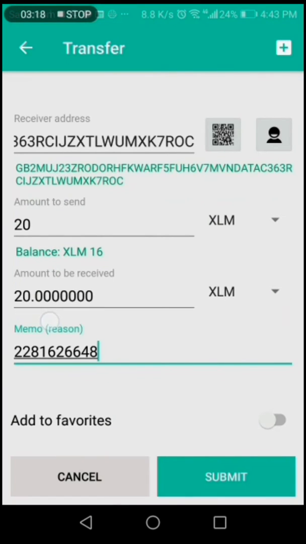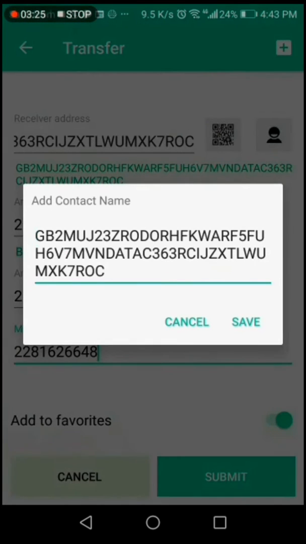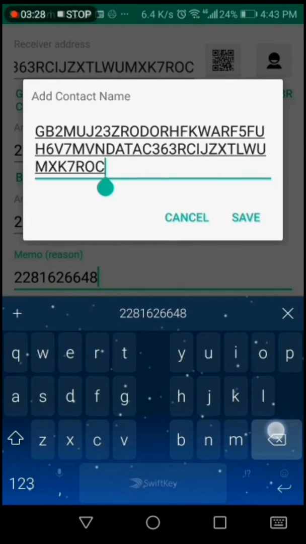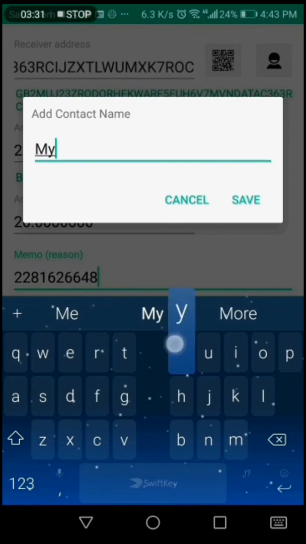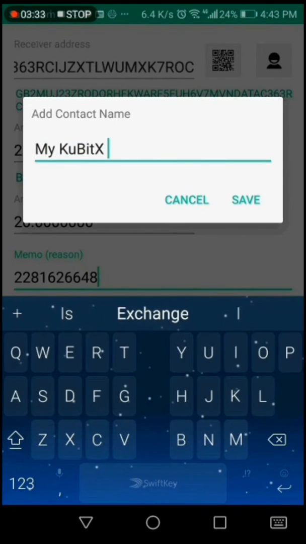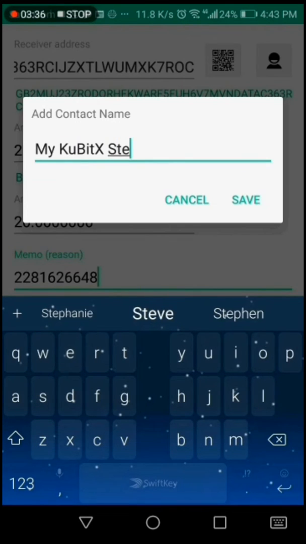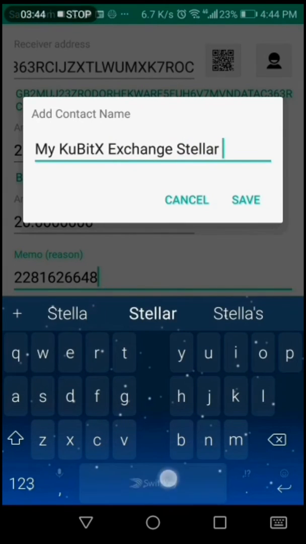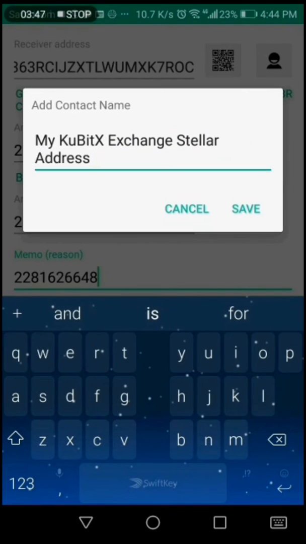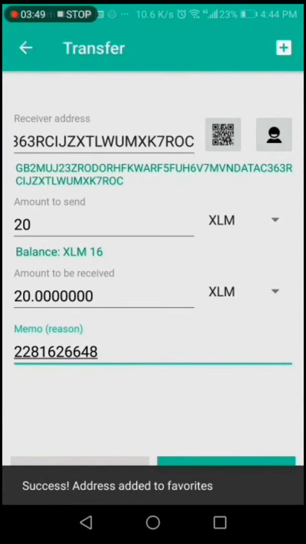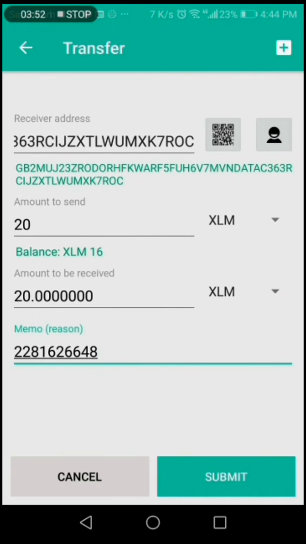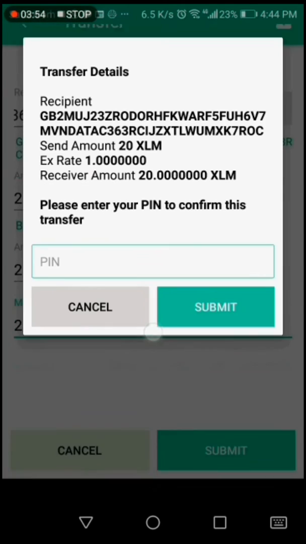Now once that is done, I can add this specific address to my favorites and call it my KuBitX Exchange. I'll click on save and click on submit once that is done. Next,